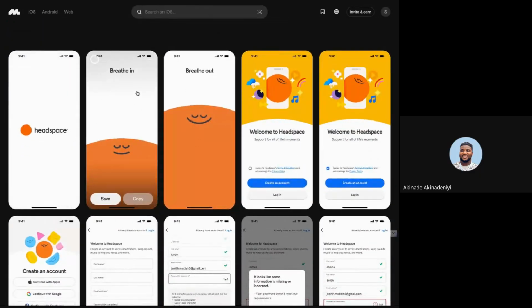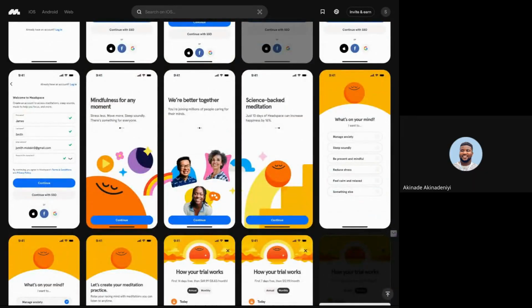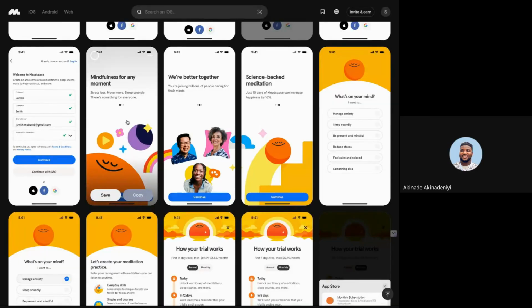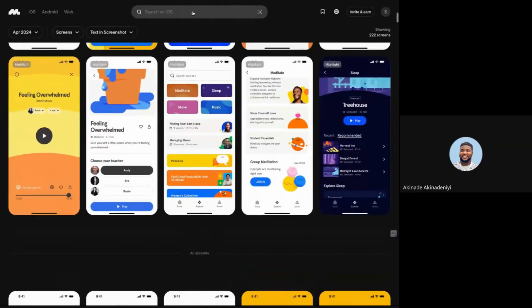So this is how it looks. You download the app. It's breathe in, breathe out. So you're already getting the vibe that, oh, this is some kind of mental health thing. And then you have this set of screens to welcome you in. I think they have some of these other things explaining more on what the app does for you. So a lot of applications now do that.